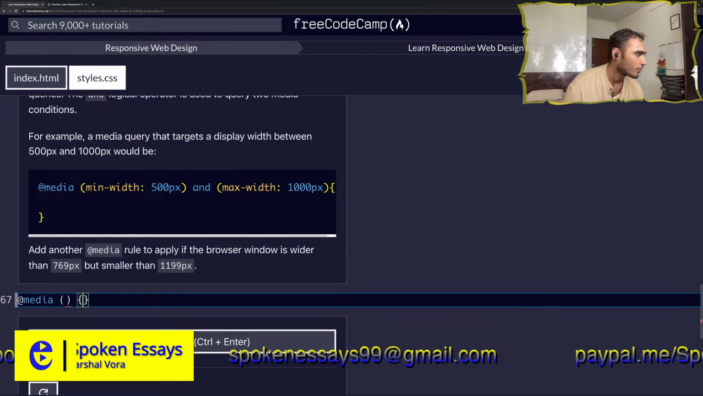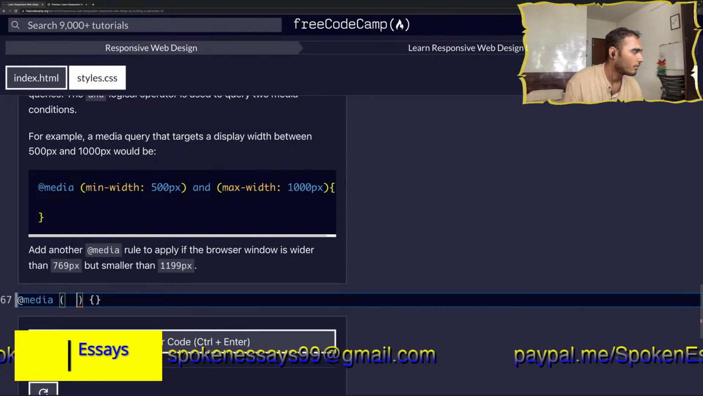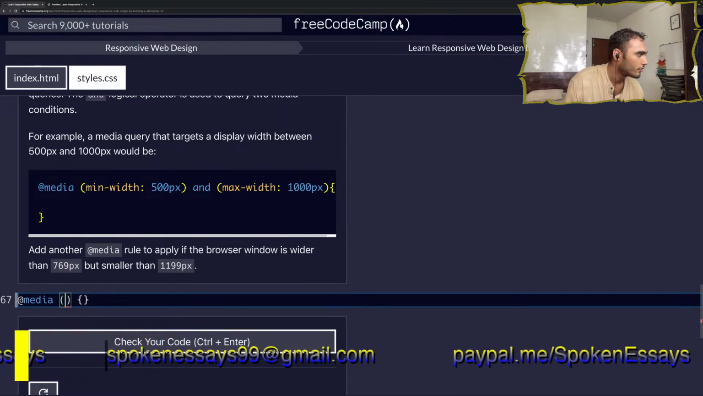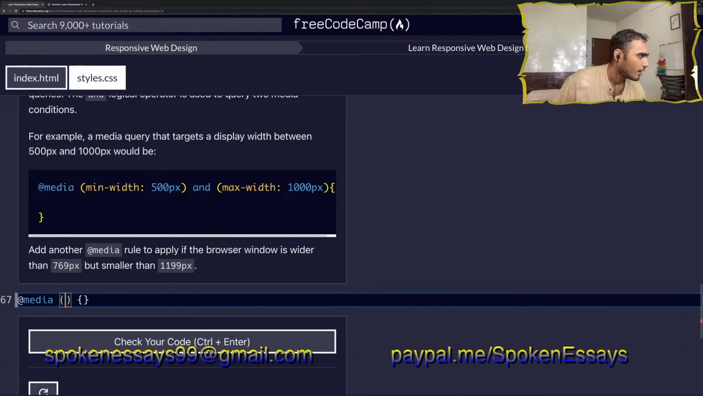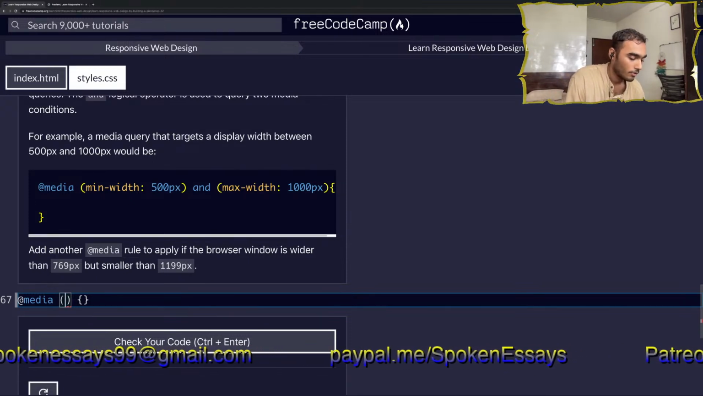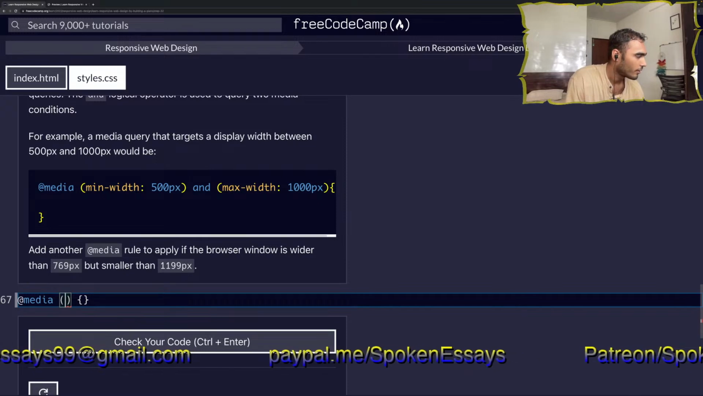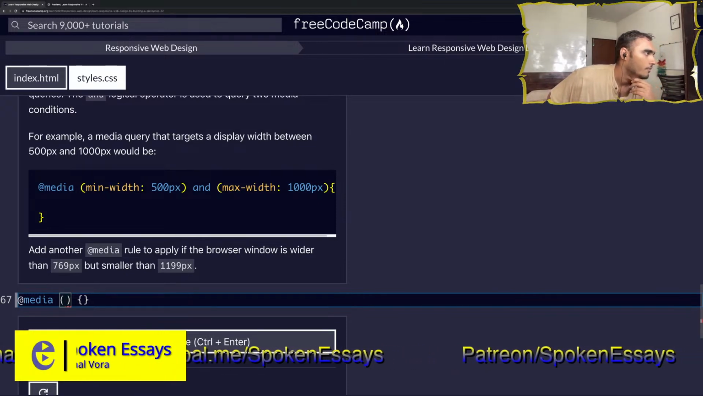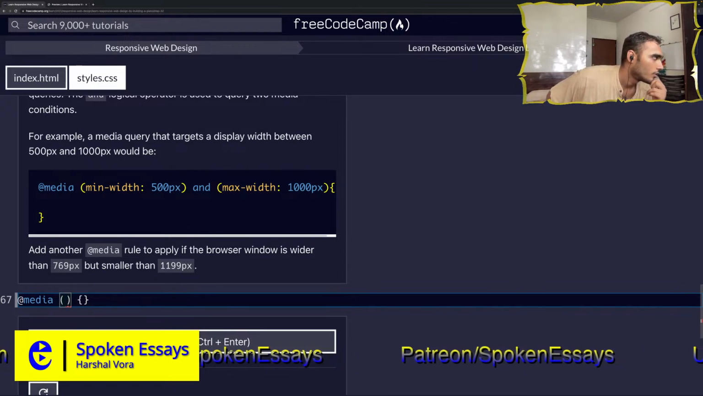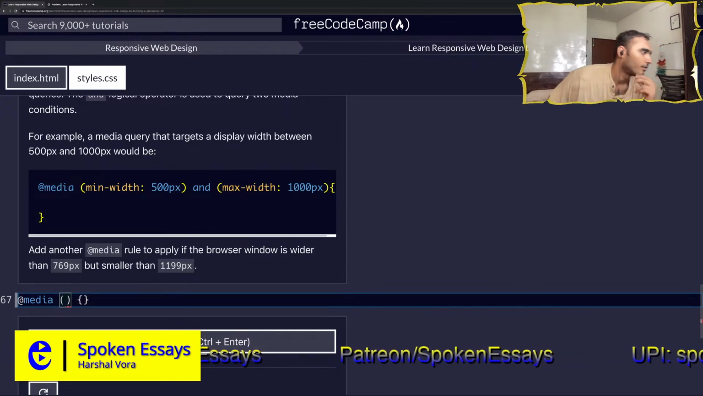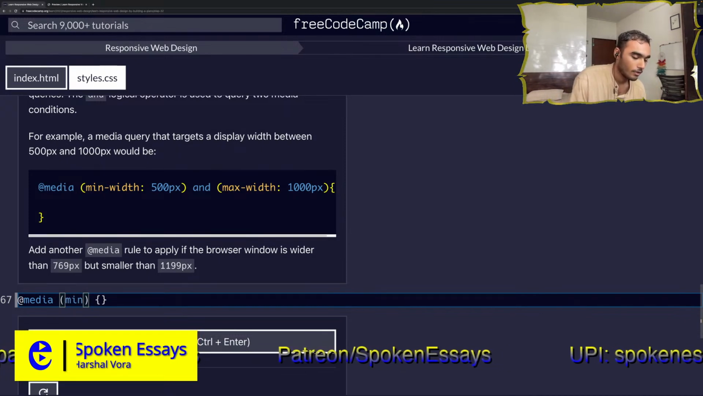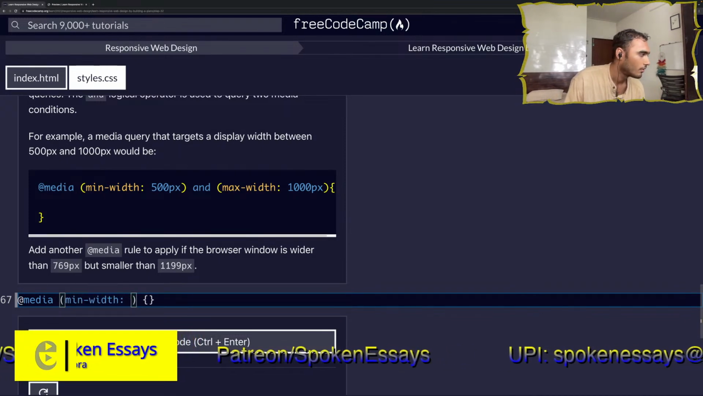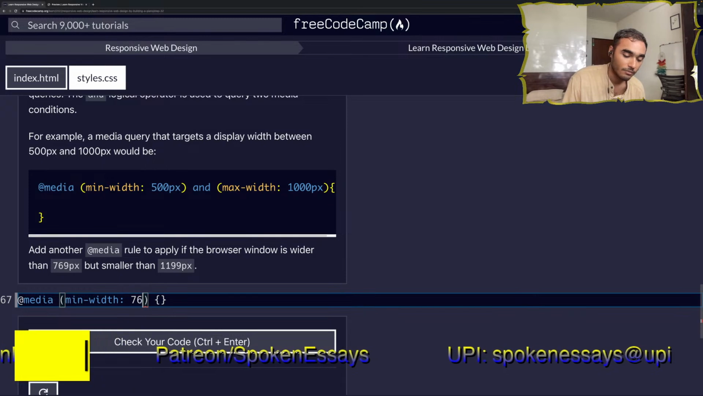Curly brackets के अंदर हम लोग कुछ करेंगे बाद में, but for now we'll only add this value. So if the window is wider than 769 and smaller than, but smaller than, okay, let's see this. If the browser window is wider than, minimum width and maximum width. So minimum width will be minimum hyphen width wider than, so 769 से बड़ी होगी तो,